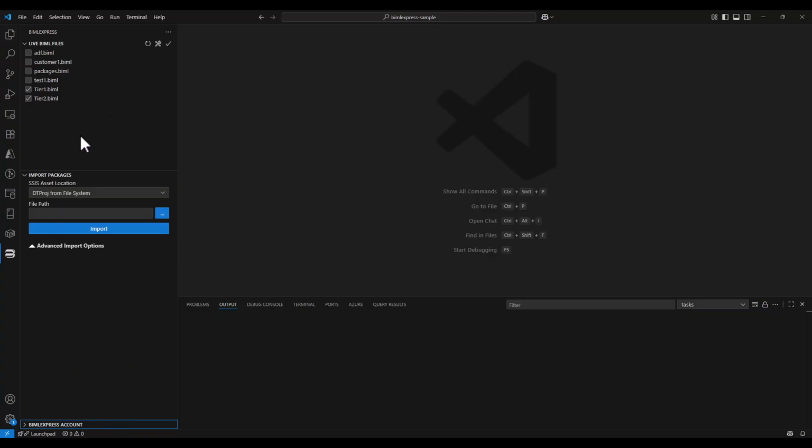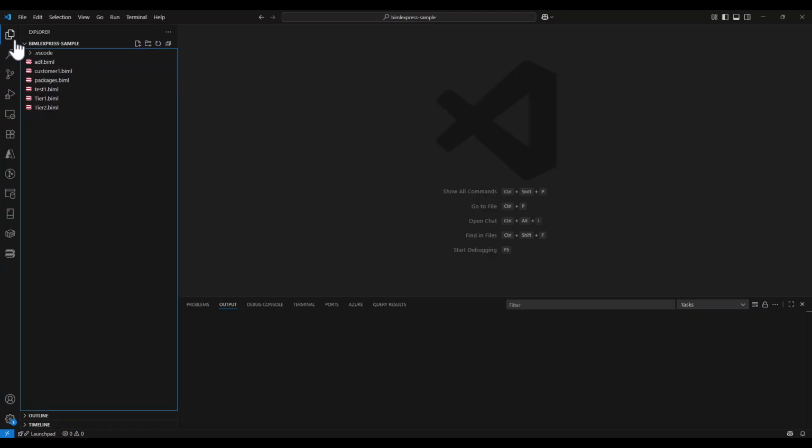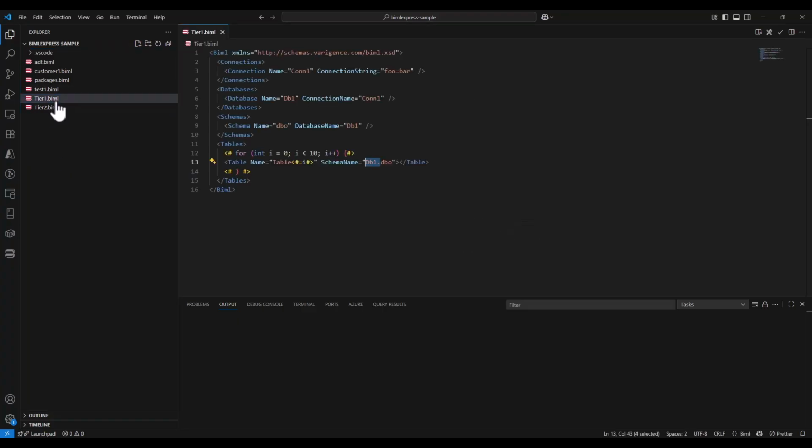Once you've done that, you can basically close this window because it's no longer going to be needed for Biml development. When I go to my File Explorer, any Biml files we have will now have a Biml logo, and they will appear in our Biml menu item when we return to it in a moment. I can go to any of these and open them up, and you'll see right off the bat that we